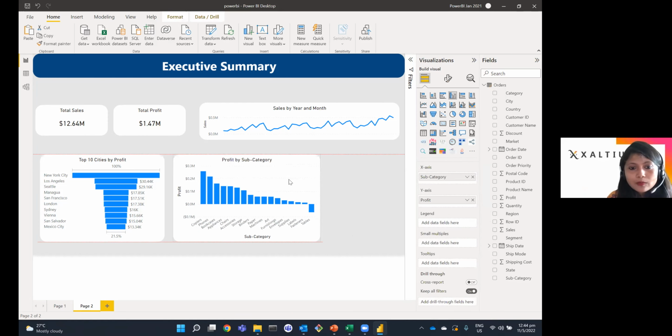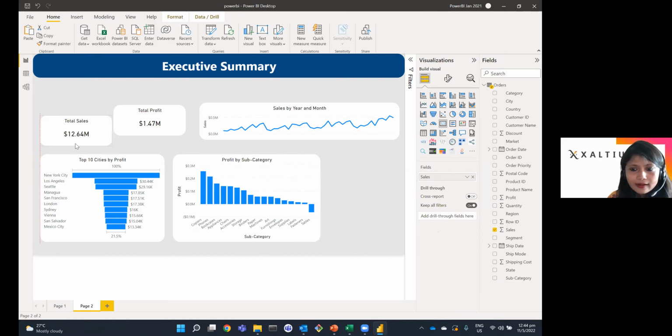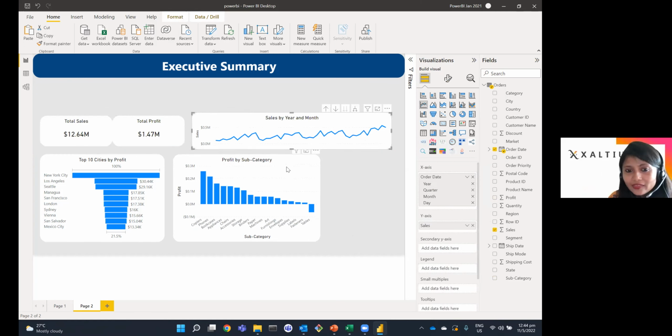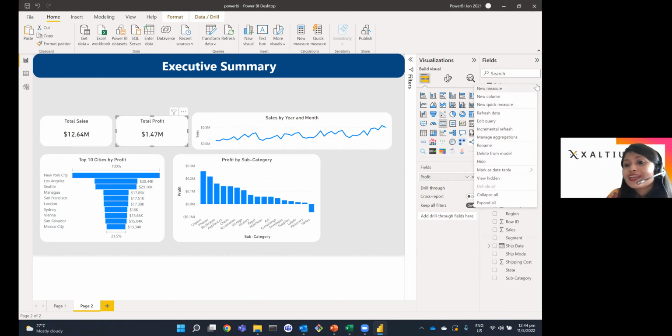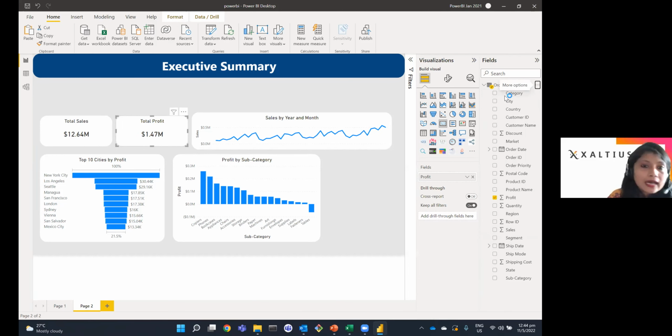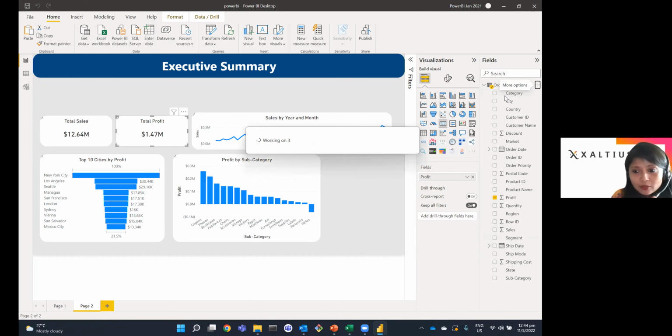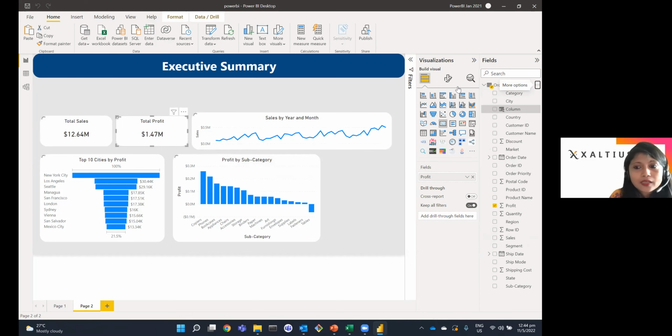Great. So now that I have a few pieces of information out there, I can also try to create another visual that shows me how the performance of the shipping orders has been. I have the order date, I have the shipping date. I want to identify what is the shipping time this organization is taking, for which I have to derive a column to measure the shipping time being taken by this company. So I'm going to go ahead and do that.